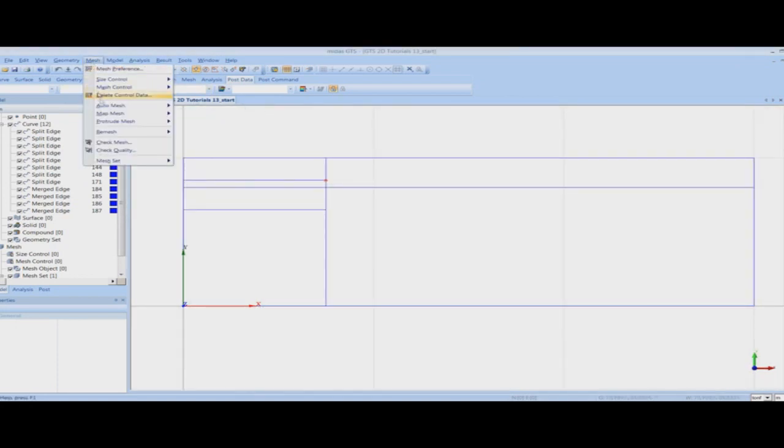For performing the meshing in Midas GTS, we have several options. As you can see here, we can either choose the auto mesh option, which automatically meshes the solid or the plane or the edge. We can also choose the map mesh option, which is a structured mesh. So for this model, I will be going for the auto meshing, and I will be doing the auto mesh for the planar area.